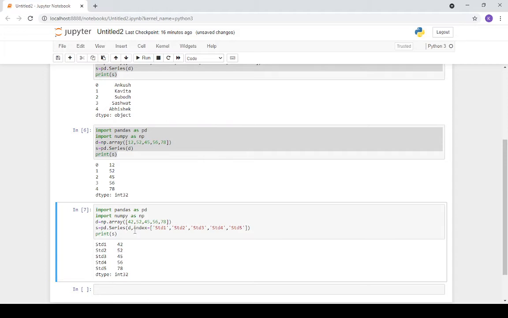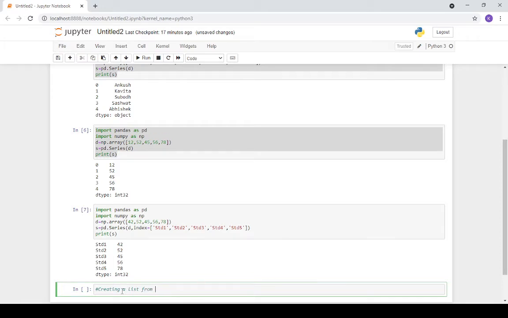Now the next thing we have to do is create a data series from a list. How can we create a series from a list?